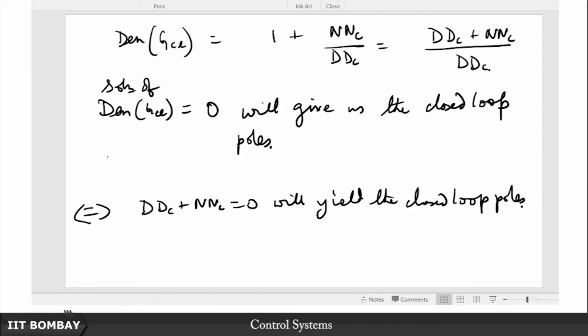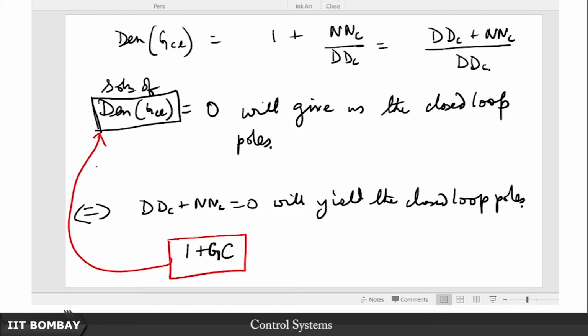But now, focus on this for a while, because we are really going to consider this: 1 plus GC. This is going to be our prime consideration. This 1 plus GC is nothing but exactly this. So, this is also, as I said, a rational function whose poles